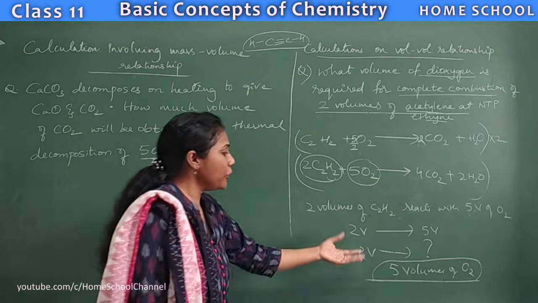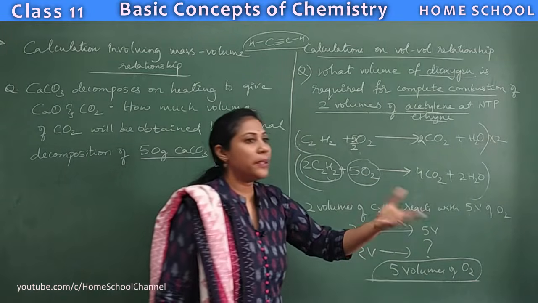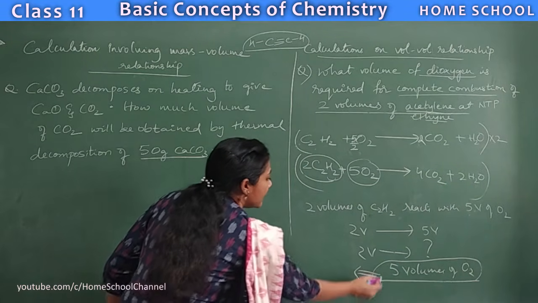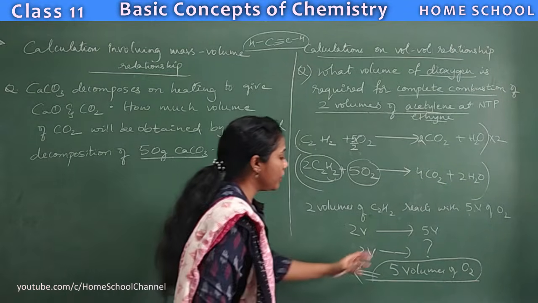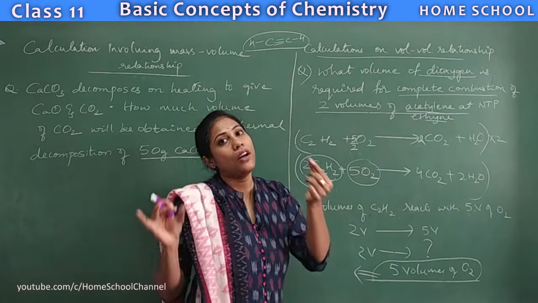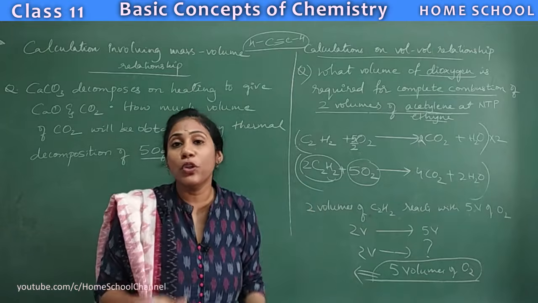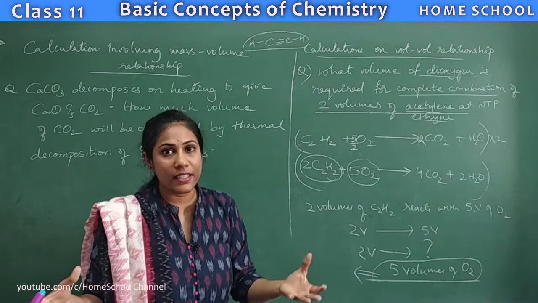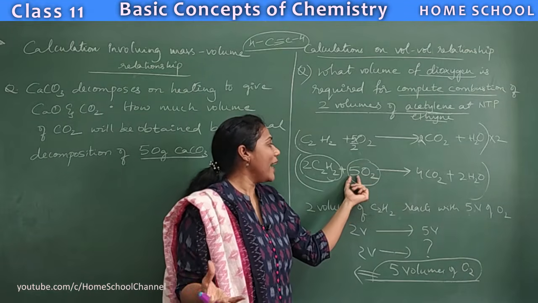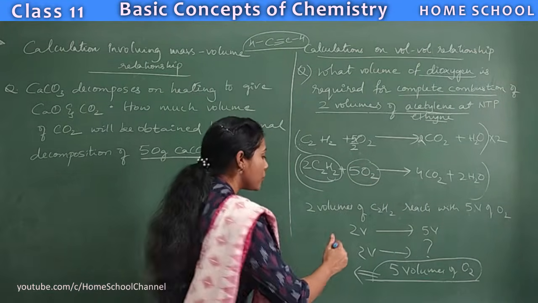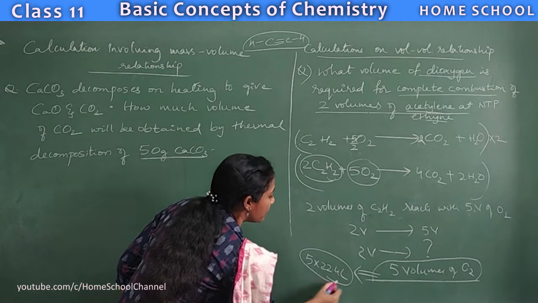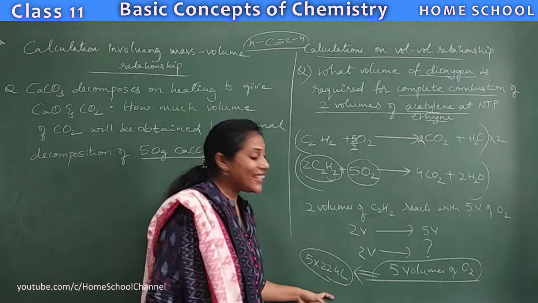Okay, so again, if you want to convert this volume in terms of liters, then what will you do? Say you know what, one volume, right? One volume occupies, one volume means it's a molar volume, that is 22.4 liters, right? One mole can occupy 22.4 liters. You have 5 volumes or 5 moles. So what would you do? 5 into 22.4 you have to do. When you do this, you will get your answer in liters.